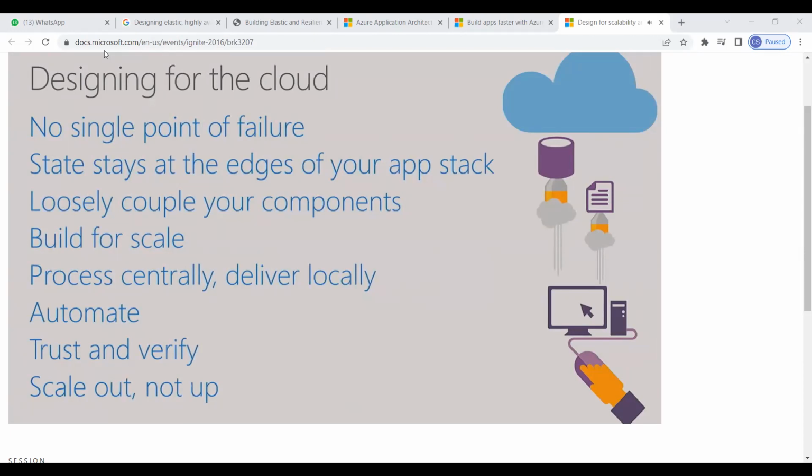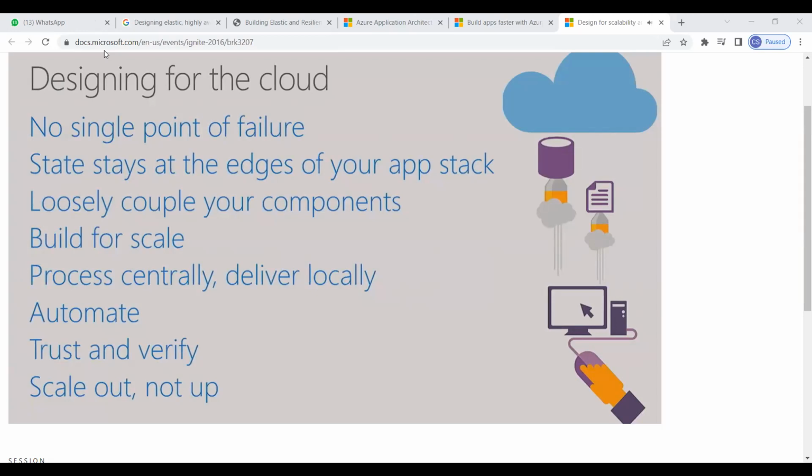Best place usually is to store your state in a database. If you're doing a lot of transactions moving fairly quickly, you may decide to put your state in something like a NoSQL database, versus storing, say, your transaction data or your financial data in something like an RDBMS, a SQL database. But you don't have to pick one database. You pick the right thing, but make sure you store those in one particular location. Don't store them throughout the app.